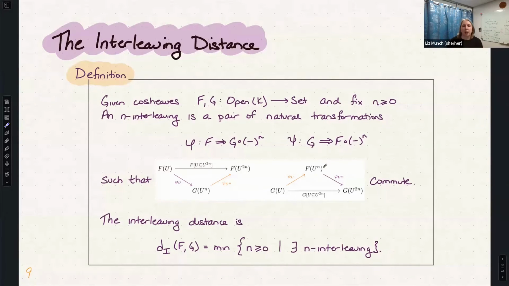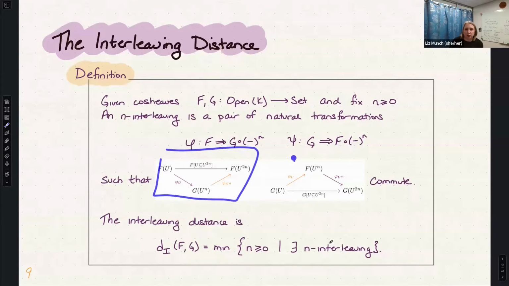This just means if you're looking at the map that goes from F of U to G_n of U, you thicken your open set by n, and then look for maps that go into that thing. So I need to have natural transformations,